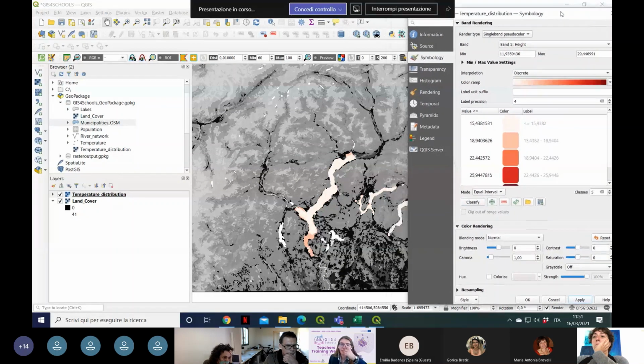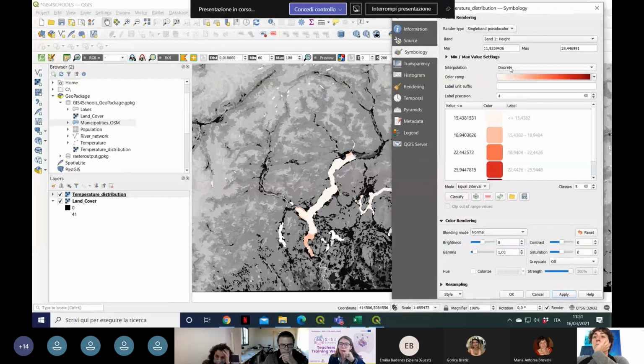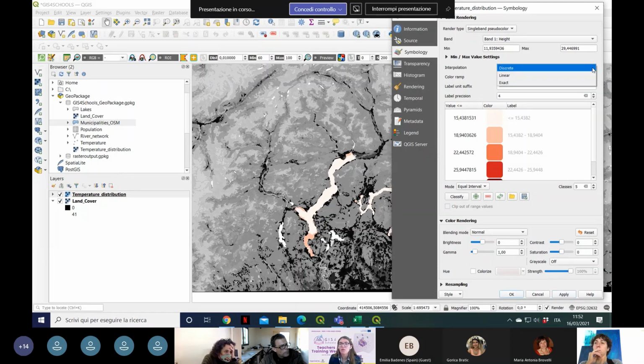Okay, now you can see that with the discrete interpolation, I will have all the pixels that are, for example, between 15 degrees and 18 degrees colored with this orange-white color. So it is a discrete categorization of values to look at them. So these are some ways to look at the single band pseudocolor, to look at this quantitative information stored by